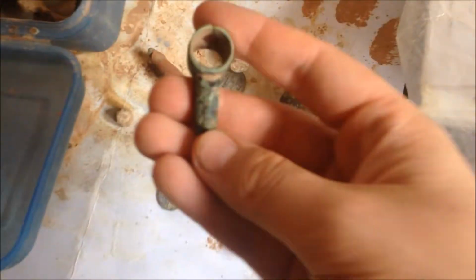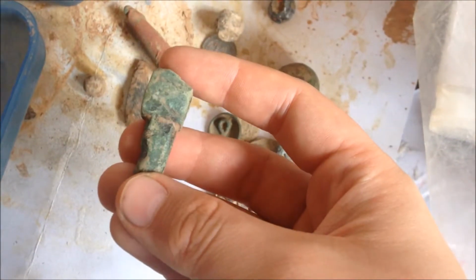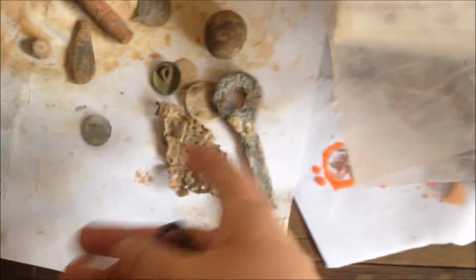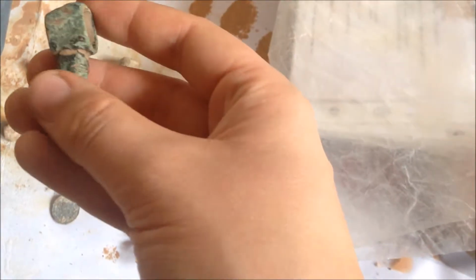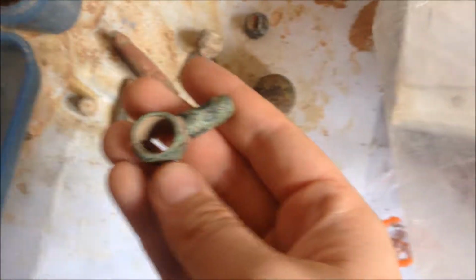Alright, time for a quick little roundup of the finds of a couple of hunts. I don't know if I've got all of them right here, but anyway, let's begin. So, still don't know what this is. By the way, a lot of the finds I didn't film because on one day I was there with a friend and, well, I forgot to film basically. So this, whatever it is,